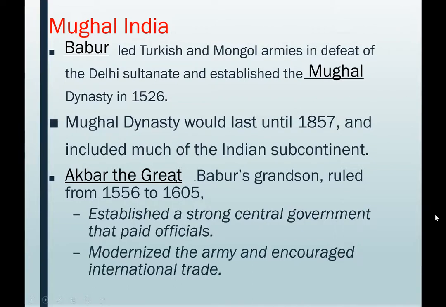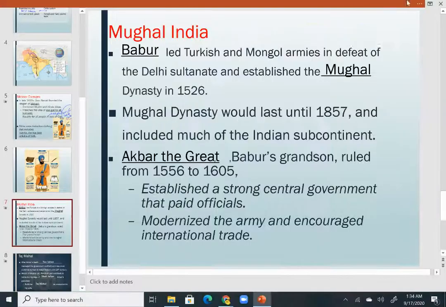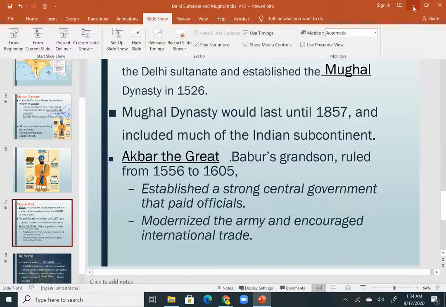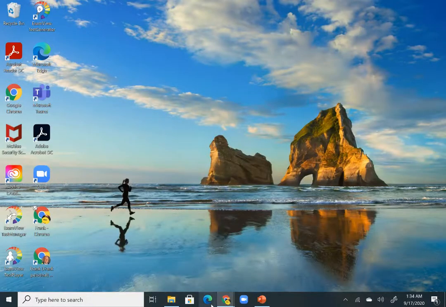One of the things that the Mughals are known for is establishing a strong central government under Akbar the Great, Babur's grandson. This was a bureaucracy, and they modernized the army, encouraged international trade, and this really helped them grow to their greatest extent. And one of the things they're most famous for is the establishment of the Taj Mahal